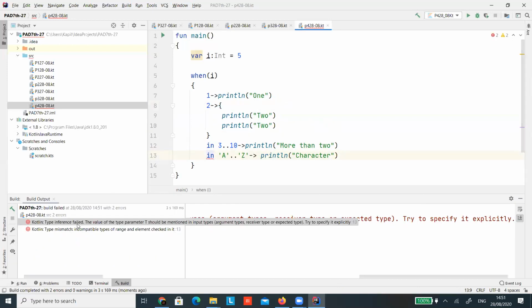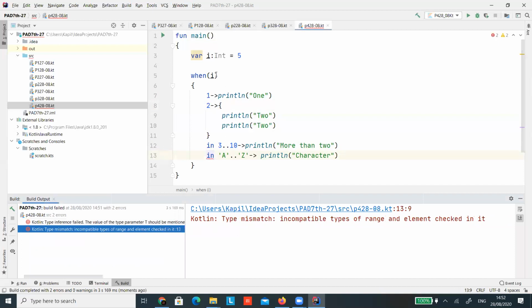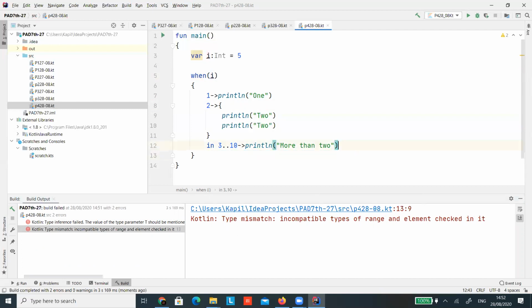So the error is that you mentioned: the parameter type is integer, so it will not work. So only integer will work. So this is a single demo.